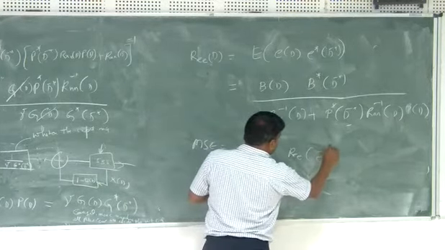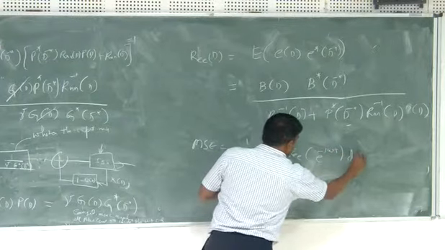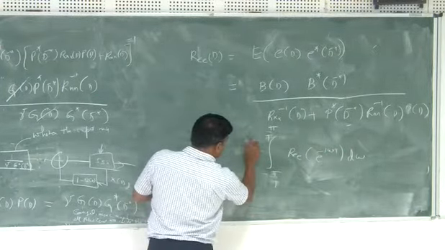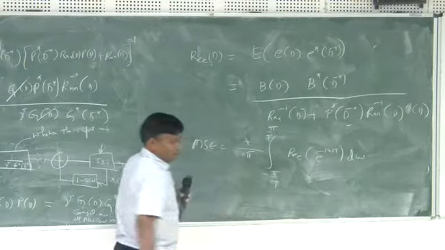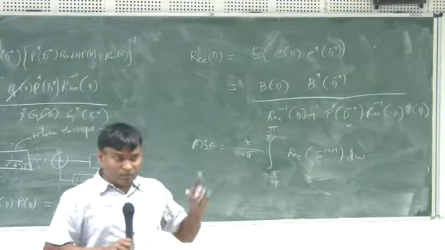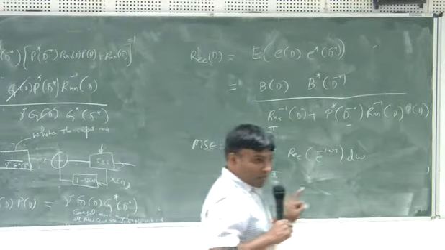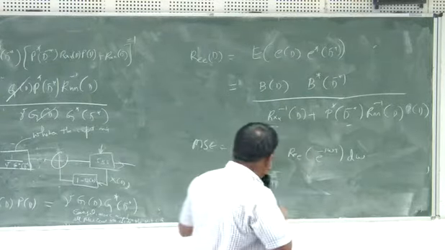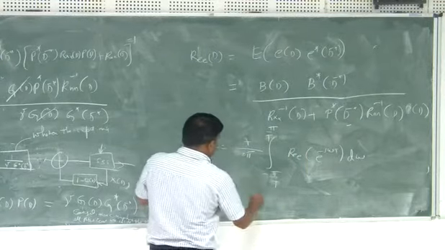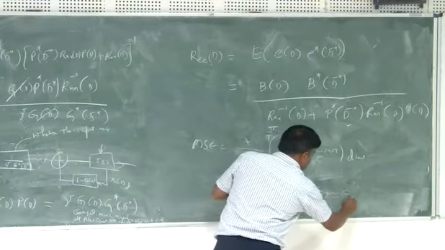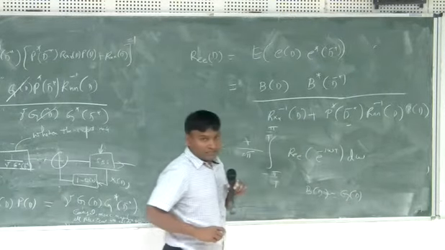e to the power of minus j omega t d omega, with the scaling t by 2 pi. You can use this expression, and using the property that B of D is causal, monic, and minimum phase, you should be able to show that the optimum choice of the feedback filter is B of D equal to G of D. I will leave out the details. I have given you all the hints.